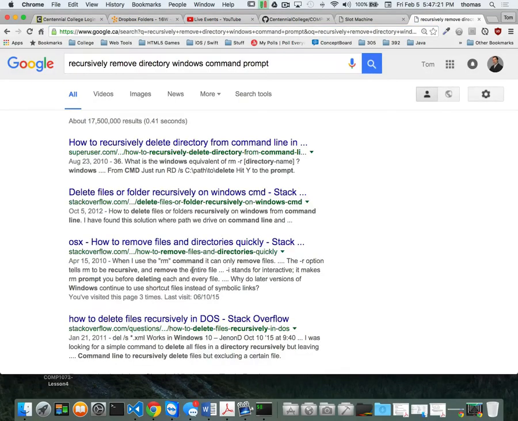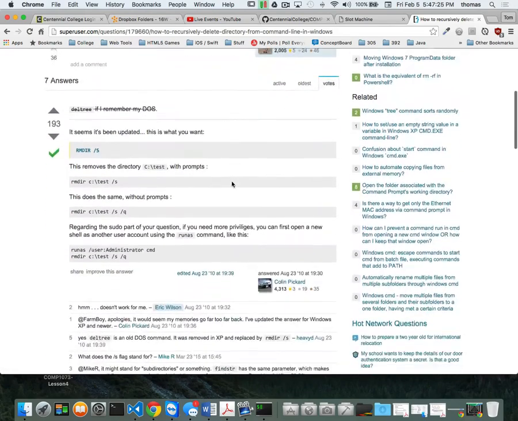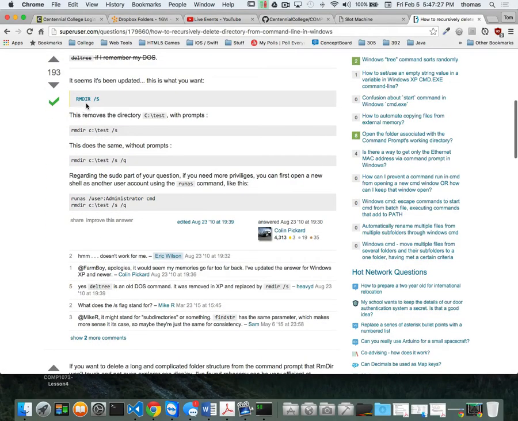How do I do that? And if you look at it, it says how to recursively delete directory from command line. And it gives you this little code here. It says rmdir /s, right? It says it removes the directory,